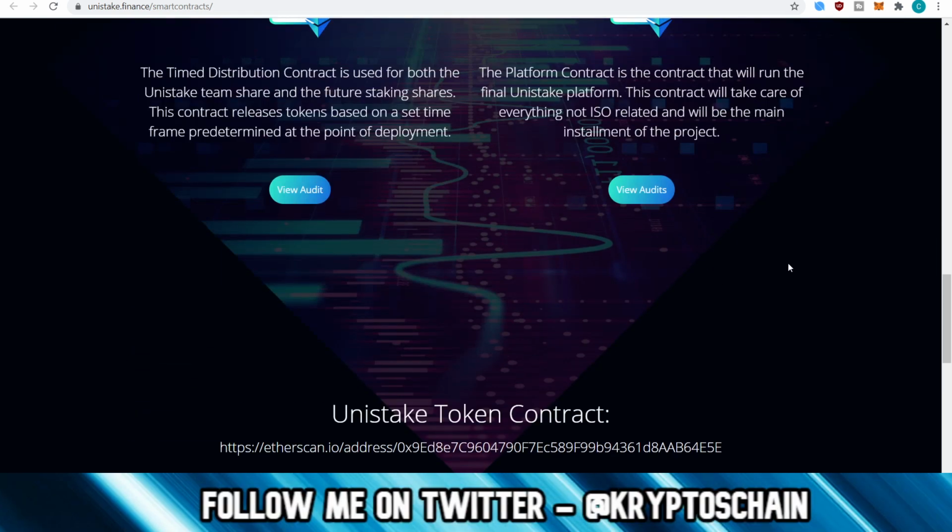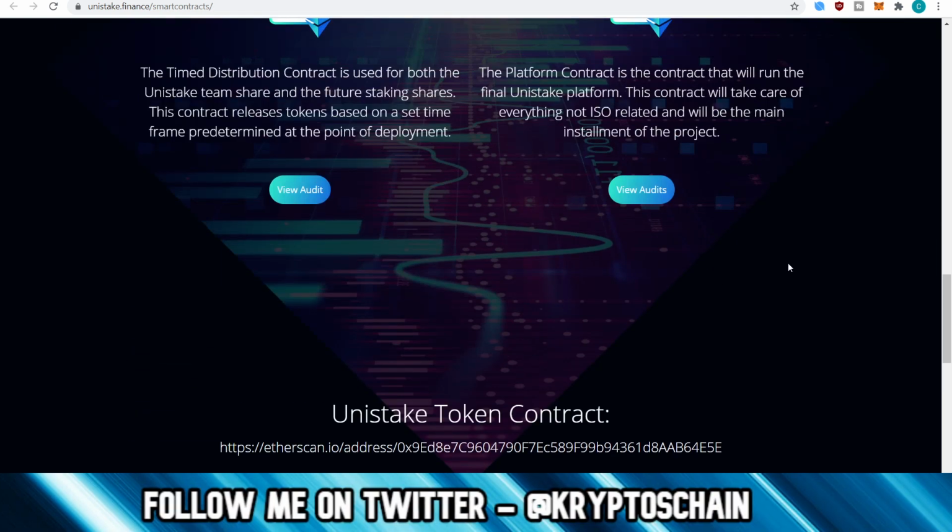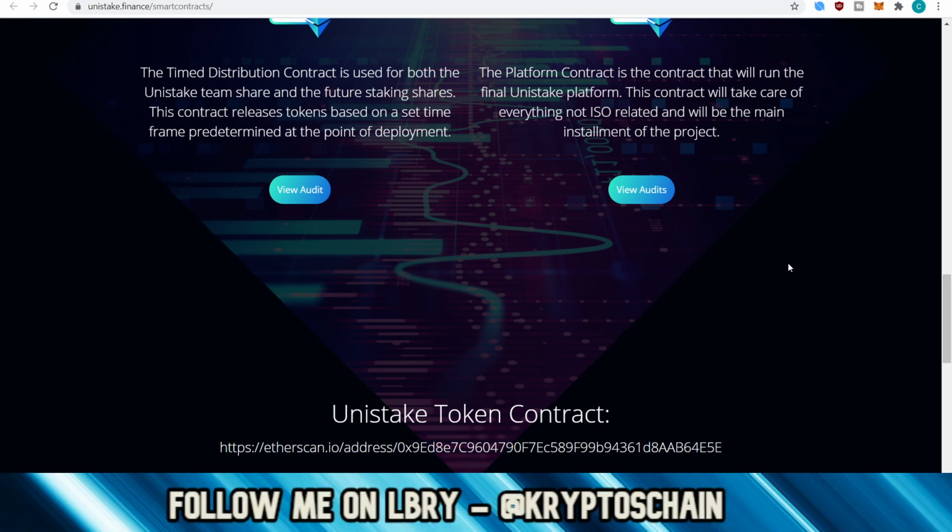So this was it from today's review. My final thoughts on this. Well, I'm really hyped about this project, to be honest, because why not, right? Just think about it. There's absolutely nothing you can lose here in the sense that you're already supplying liquidity on Uniswap, right? And this is assuming you are doing it. And you're generating that passive income, right? But why not get the extra staking rewards as well on top of that, right?